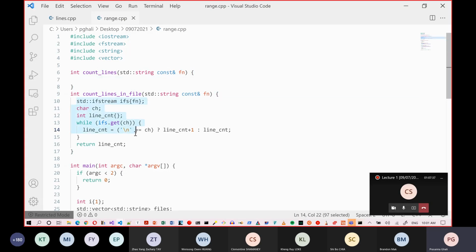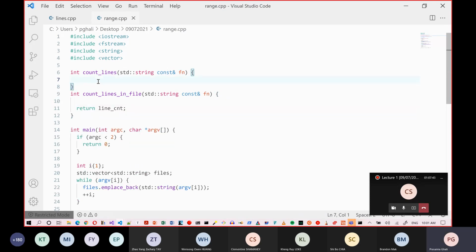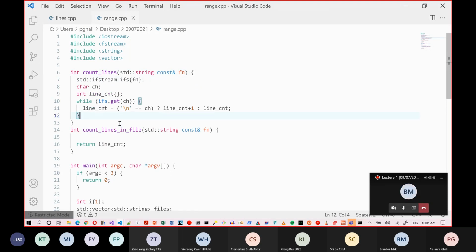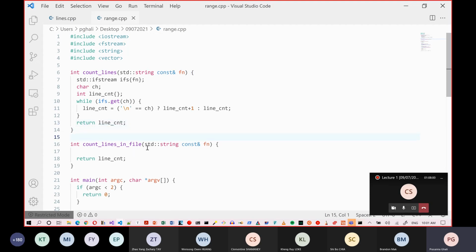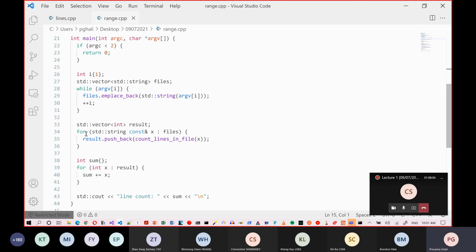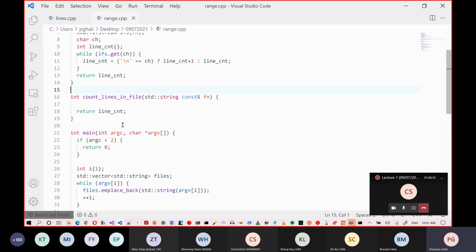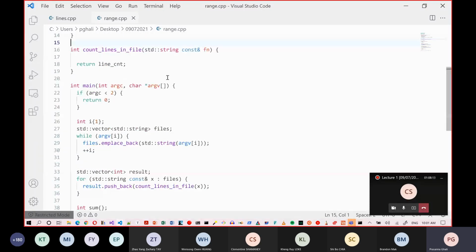So I'm going to see if I can copy all this stuff and paste it here. And this is going to count the lines in each file. Is everything good? Yes. All I need to do is return line count. Because this stuff is something I can encapsulate into this particular function called count lines in file, I'm going to go ahead and convert this to something that looks like this. So in other words,